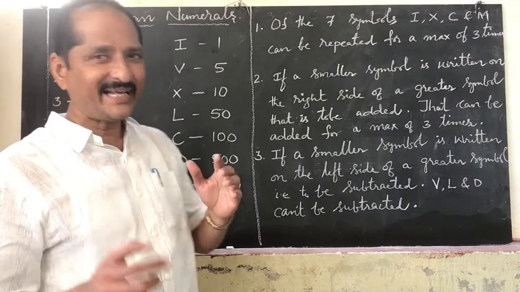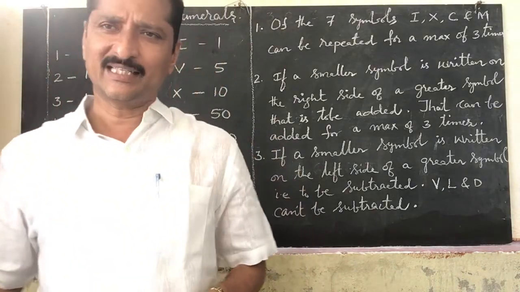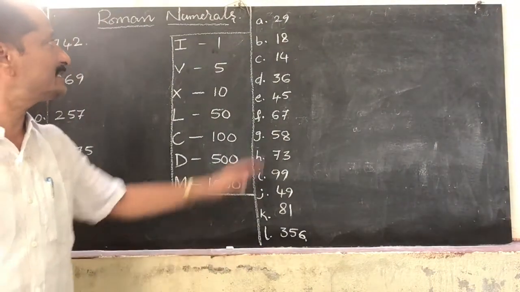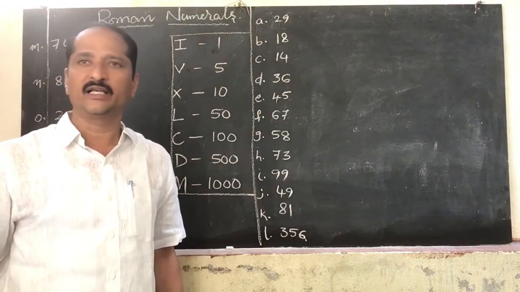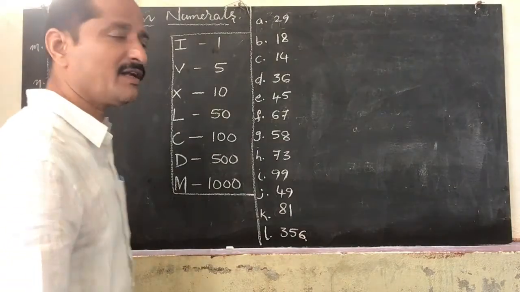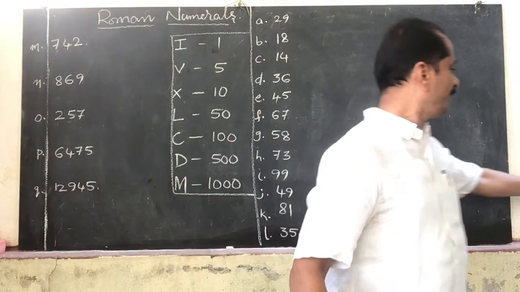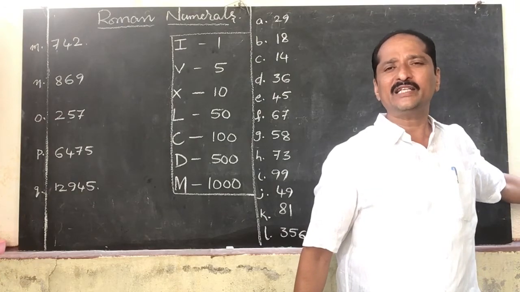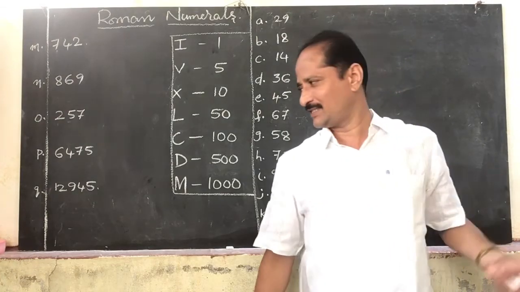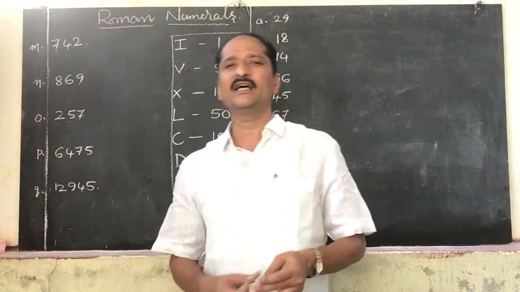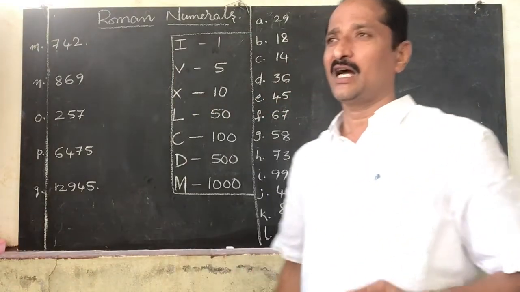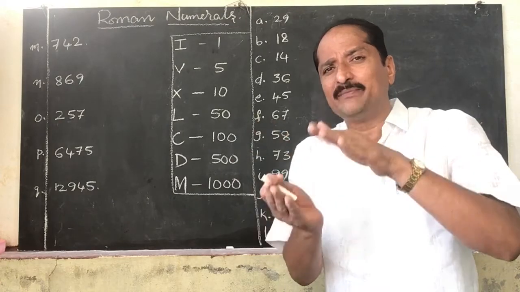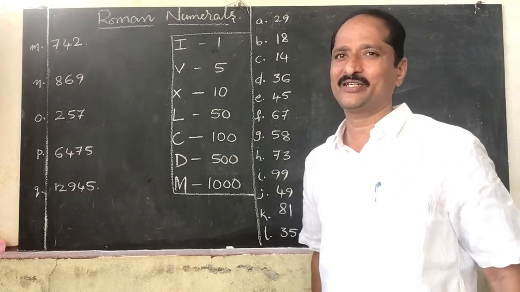Now by taking some more examples, we can see how to write down Roman numbers. Write down the Roman numerals for the following Hindu Arabic numerals. First of all, you have to remember only one thing. Whenever the number is given, you have to write down the expanded form of the number, and also check that the number is in between which two symbols.